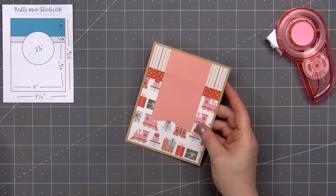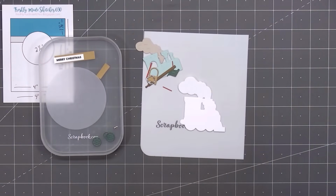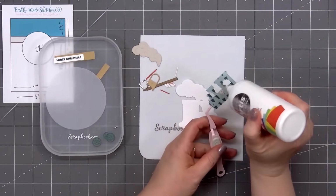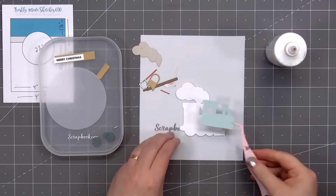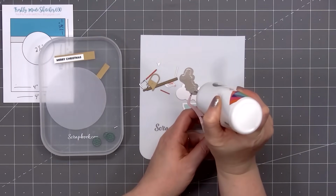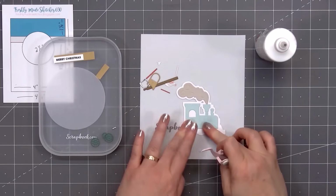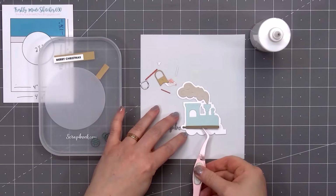Now I'll set aside the card and start assembling the train. I'm adding the train engine car. I've already die cut out all the pieces and I have them in the small stack and sort tray from scrapbook.com. And I'm doing all the gluing on a cut down version of their project grip mat. I use white cardstock for the train shadow outline piece. And this works great as the guide,